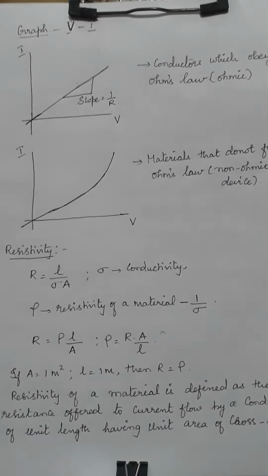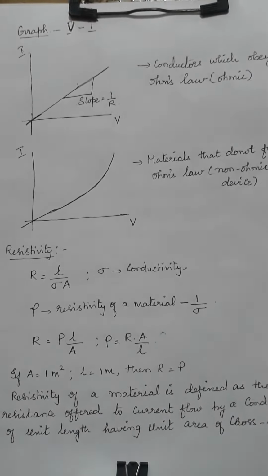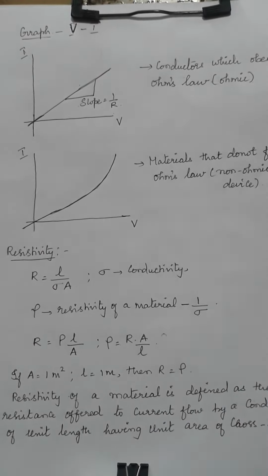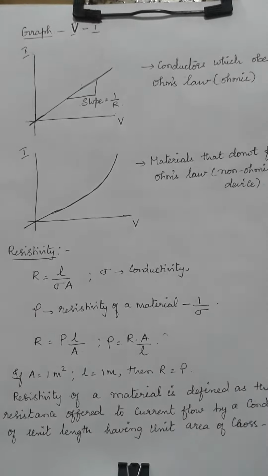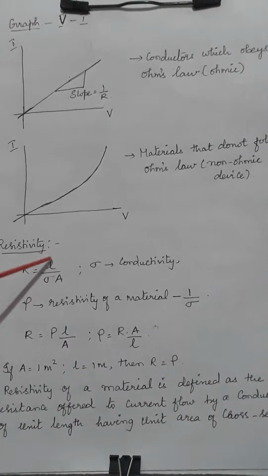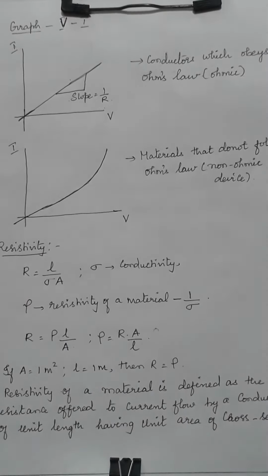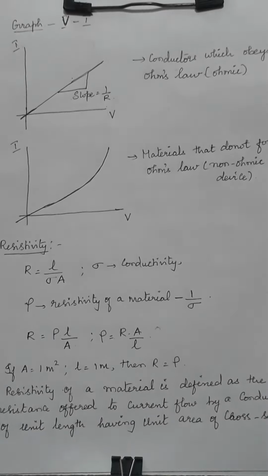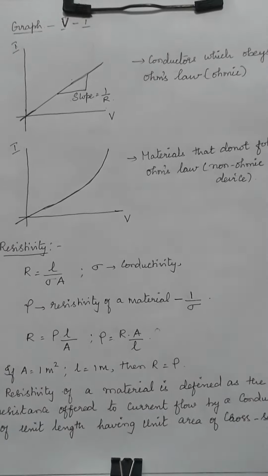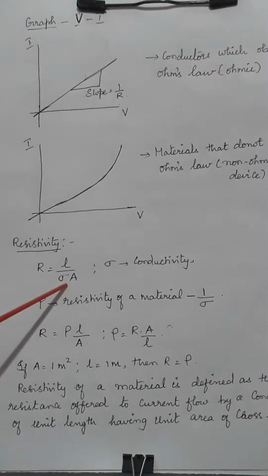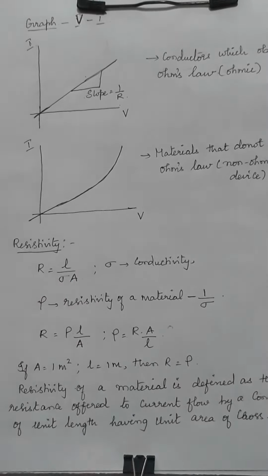So the next concept is resistivity. Resistivity is again defined from the resistance that we have found. Resistance is directly proportional to the length of the conductor, and it is inversely proportional to the area of cross section. And so when you combine these, I need to remove the proportionality sign and include an equal to sign, for which there is a constant, which is sigma, which is introduced.